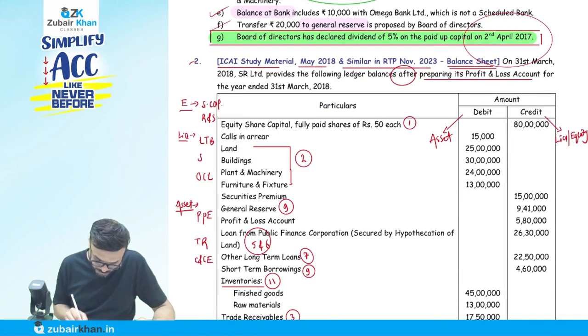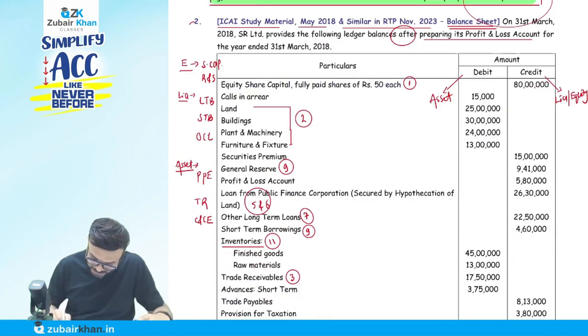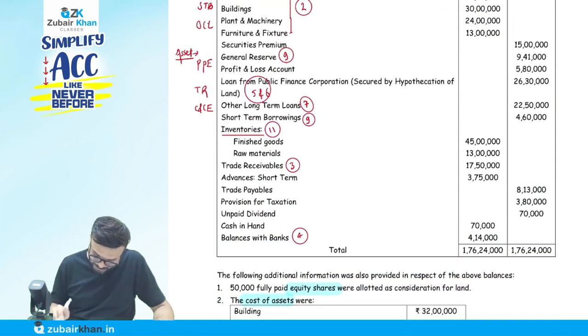So I will write it on short-term borrowing here. Okay. Then we have this point. Okay, not relevant. I will discuss with you, but it is not going to affect my balance sheet. Now short-term borrowing, we have already prepared. Transfer of reserve, general reserve and surplus. We have this is inventory. So we have to prepare on inventory as well. So write down there now inventories. That comes before